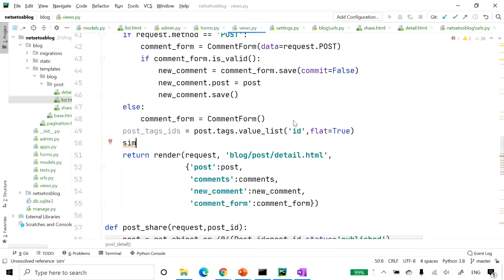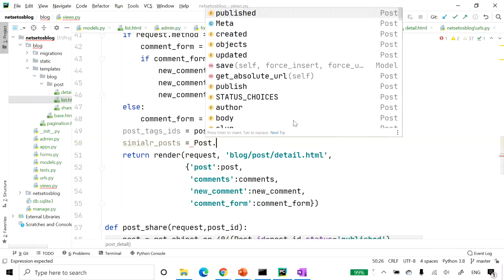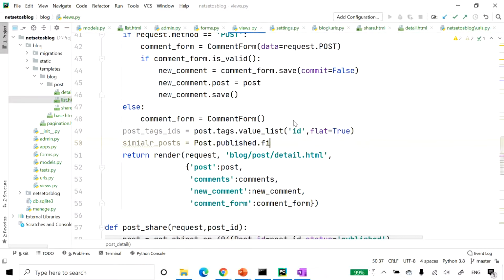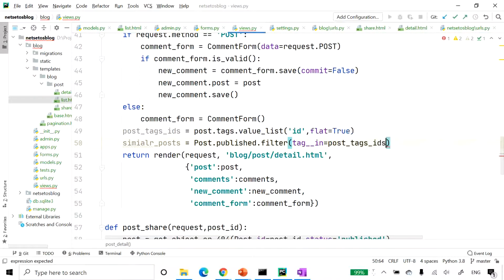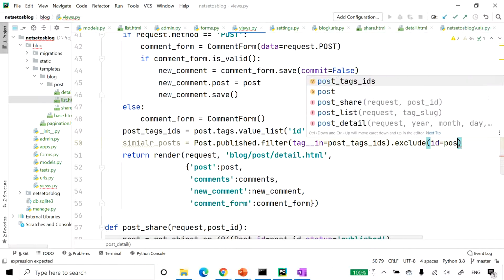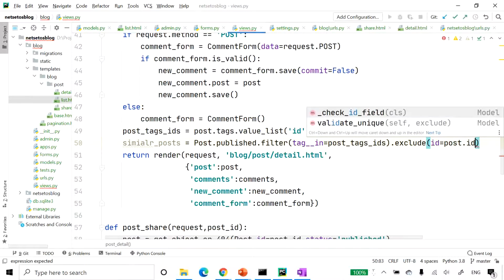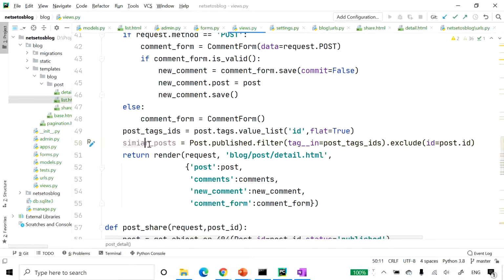Then I'll give similar_posts, which will have Post.published.filter, and here I will give the parameter tags__in equal to post_tags_ids. This will exclude id equal to post.id. This should be similar_posts.